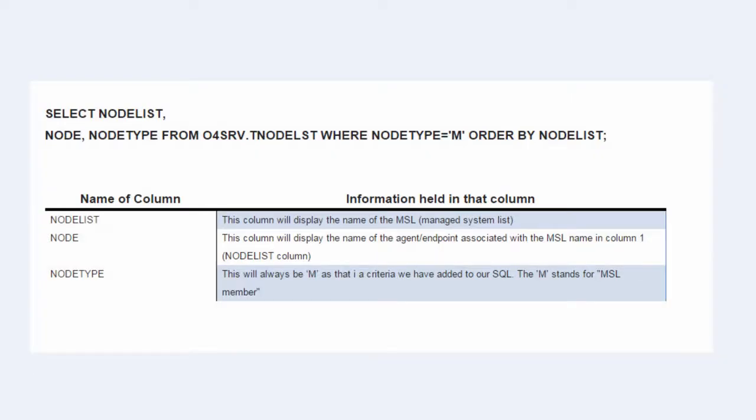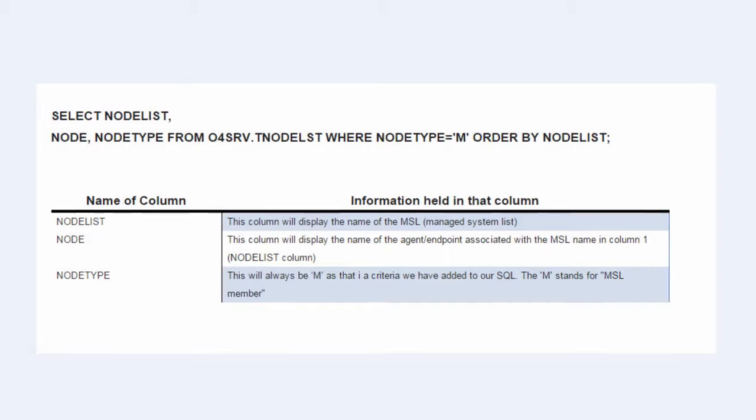So based on that SQL statement, we are looking to pull the columns of node list, node and node type. Node list is the column that displays the name of the MSL, so you can see which groups they are. Node displays the agent or endpoint that's associated with that managed system list. Node type will always be set to equal M, as you can see from the SQL statement. The M stands for MSL system member, so this SQL we're using will only pull back systems that are assigned